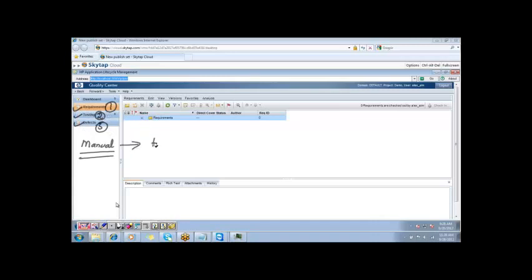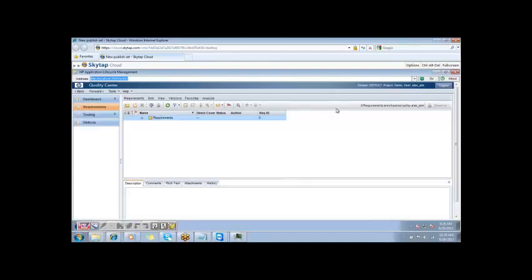What is that? First of all, you have to write all your requirements. Secondly, you have to write your test cases, and then you have to execute those test cases, which is your second module here. And thirdly, you have to do the defect reporting and tracking. So these are the main 3 steps that you use in manual testing, and the same are here. The same documentation you have to do.